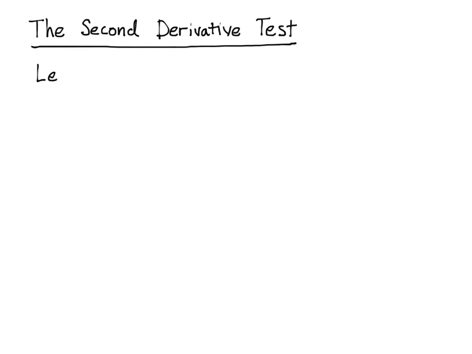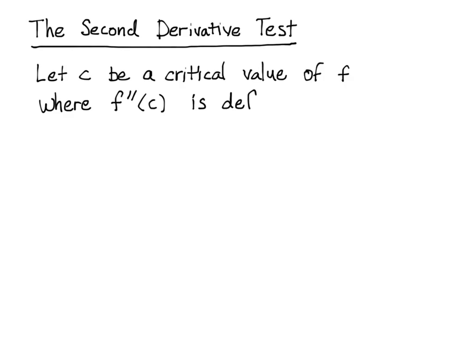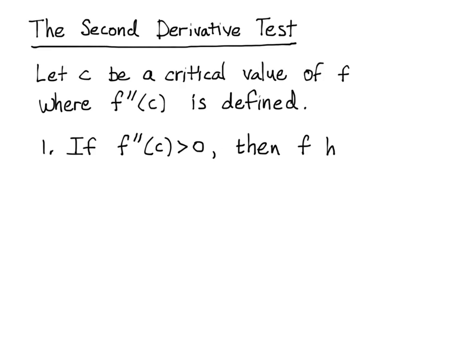So let's say we're looking at a particular function and we determine the critical values of this function. And of course we do that by finding where the first derivative equals 0. Those are the x values corresponding to that. So if we can evaluate the second derivative at that critical value, we have the basis for this second derivative test. And what this test tells us is that if that value is positive, then the function has a local minimum